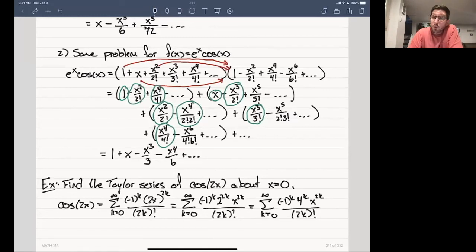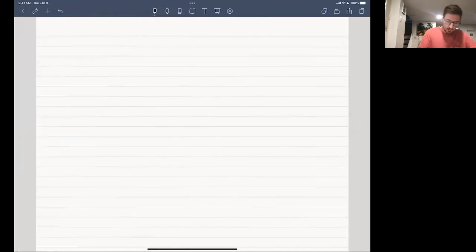Okay, so let's do one more example, and this is more computational in nature. This is how you would use a Taylor series and a Taylor polynomial and the remainder theorem in order to approximate the value of a function at a certain value of x using its Taylor series. So let's